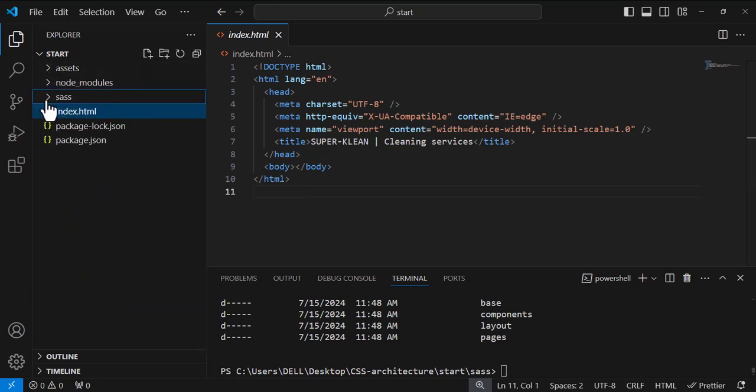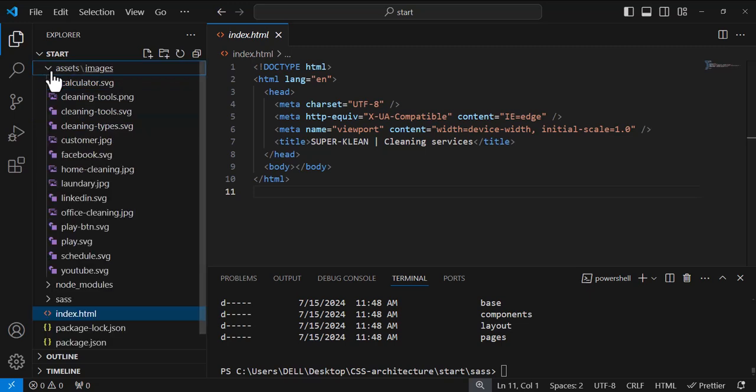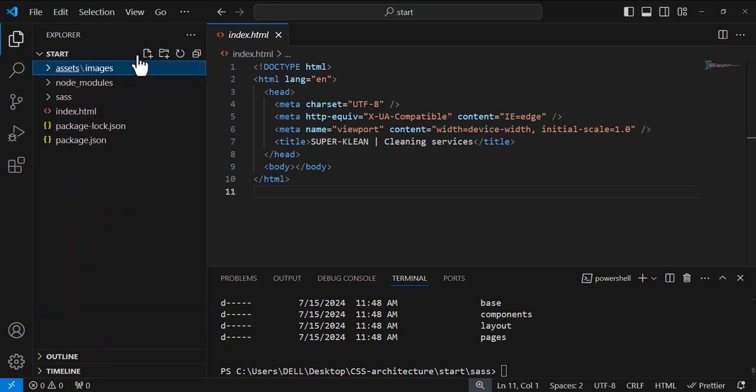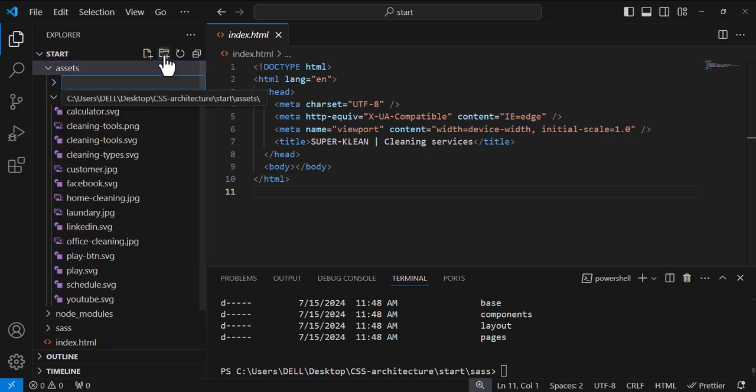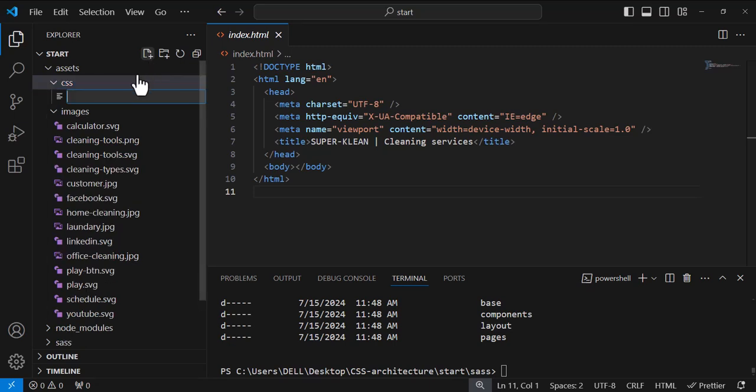So again, I will do that in the assets folder. Right now I have the images in my assets folder, so I will create another directory there called css, and inside that directory I'm going to create a file which I will call